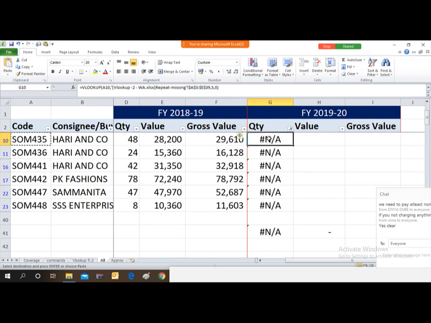So friends, now you have two options. Either you can delete these errors manually or replace these errors with 0, or whatever you want. You can break the link and then replace these NA with 0 manually, or you can use IFERROR in the VLOOKUP. So how can you use IFERROR? Let me just show you.